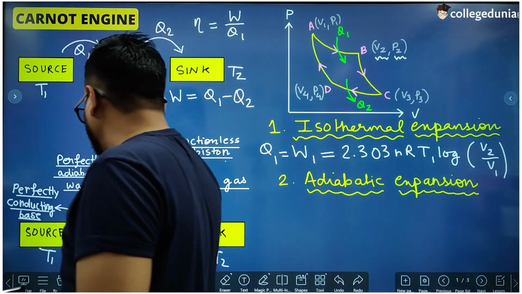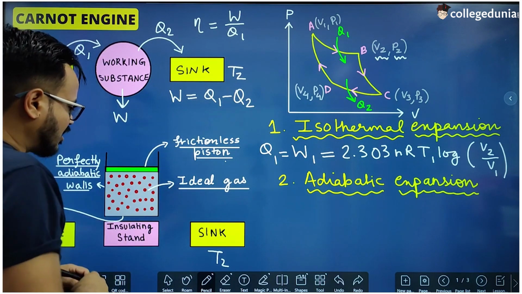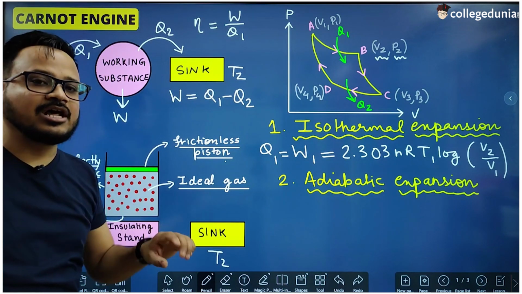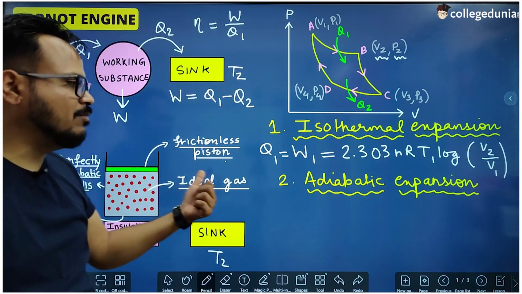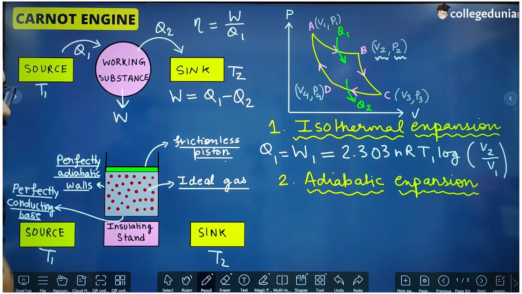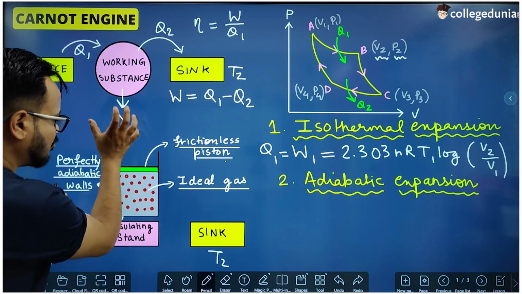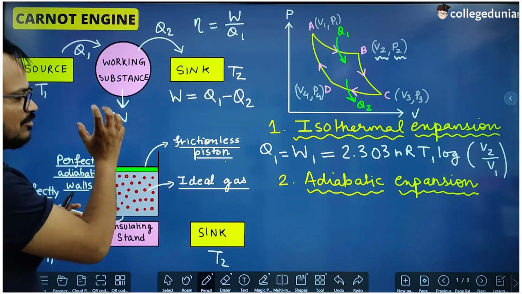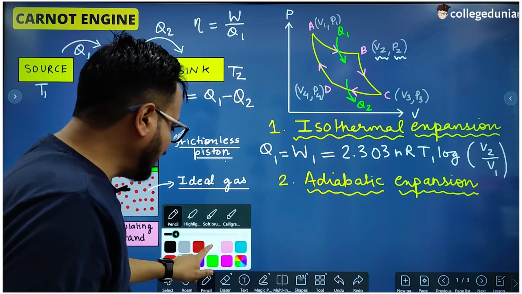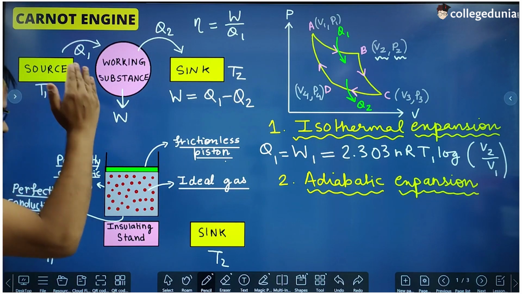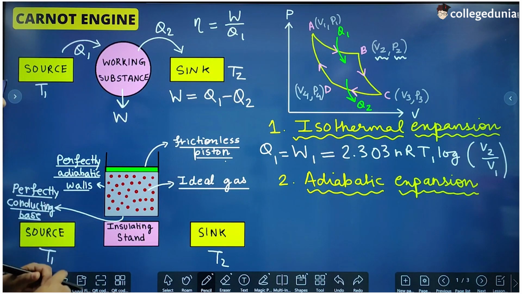So now the gas expands using the heat it has stored in the first case. So in the second case, it is the work done by the system, and this expansion will be called adiabatic expansion because there is no gain or loss of heat. So when we put this cylinder on the insulating stand, the gas expands without gaining any heat from the surroundings, and due to this the temperature of the gas decreases. Suppose the temperature of the gas decreases to this value T2, which is the temperature of the sink.